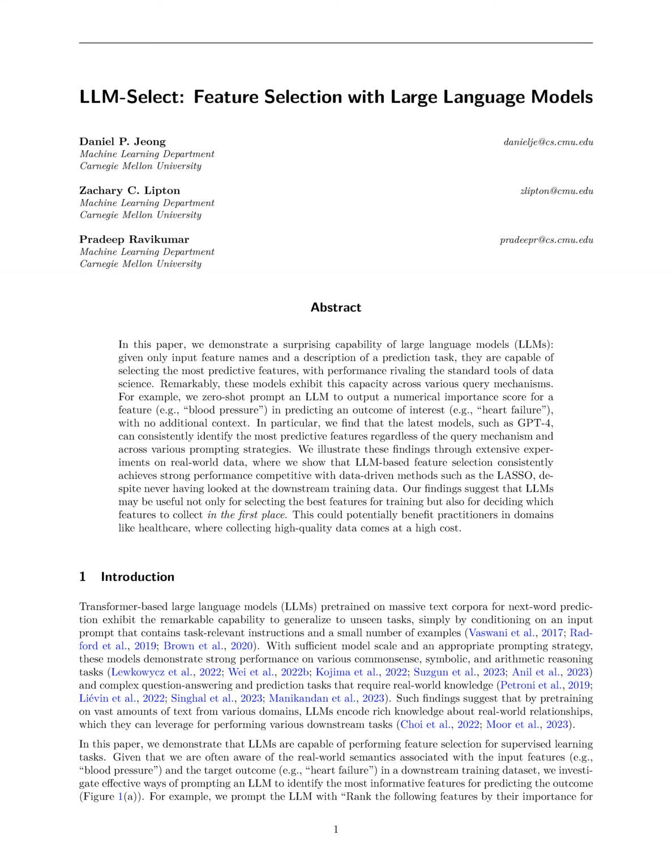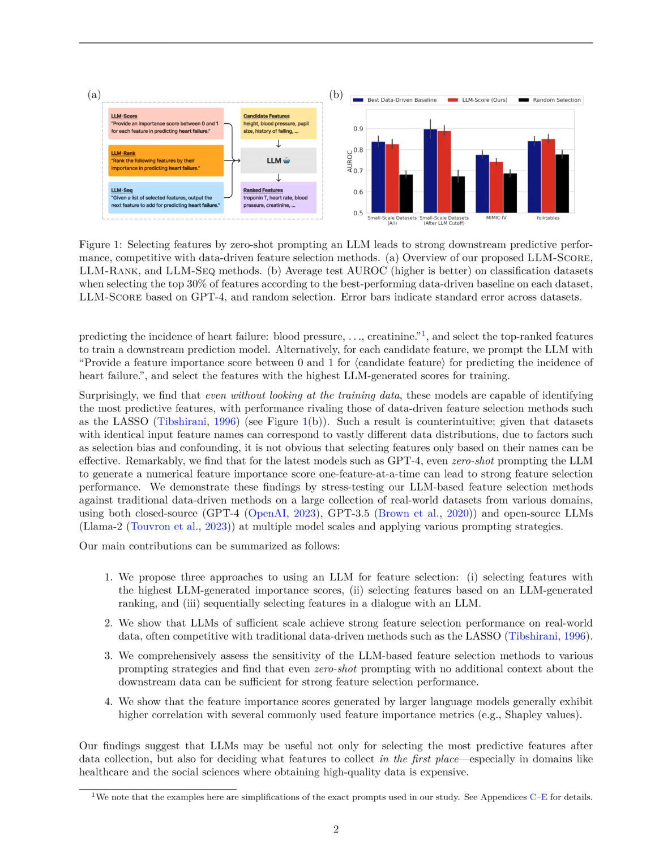The method leverages large language models, LLMs, to identify the most informative features for predicting a target outcome in a downstream training dataset. By prompting the LLMs with input features and the target outcome, the method aims to extract feature importance scores, rankings, or sequentially select features through a dialogue with the LLM. The goal is to demonstrate that LLMs can effectively perform feature selection without the need to look at the training